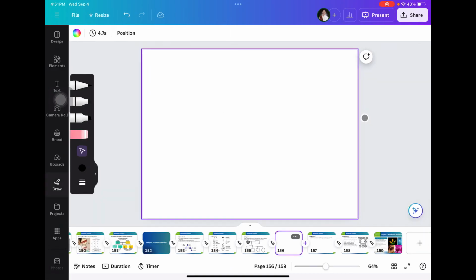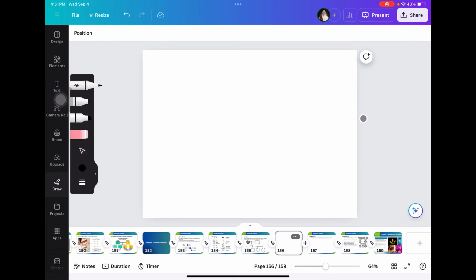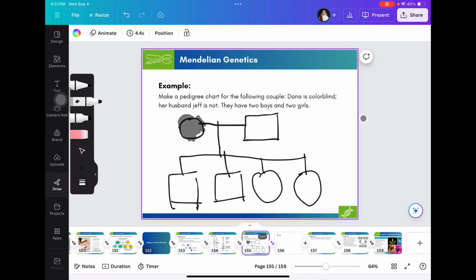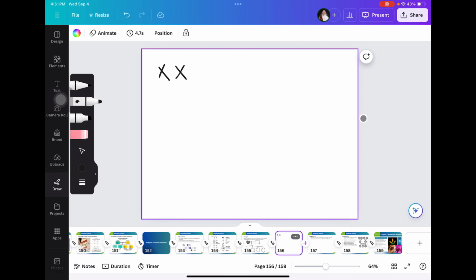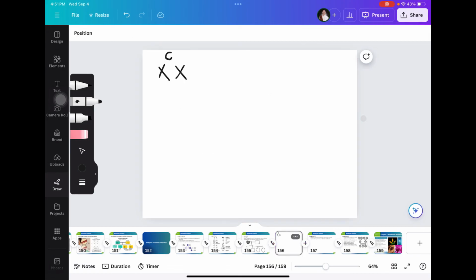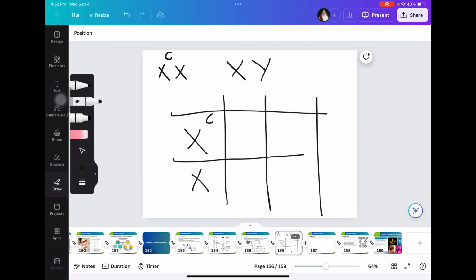So let's say Dana is colorblind. XX colorblind. So she's a carrier, so to speak. So for example, colorblind here, and then Jeff is not. He's normal. Let's try to have a Punnett square of that one. So I have here an X chromosome containing the color blindness, sex-linked traits though, by the way. And then I have here X and Y. Okay. So let's try to derive the answer.